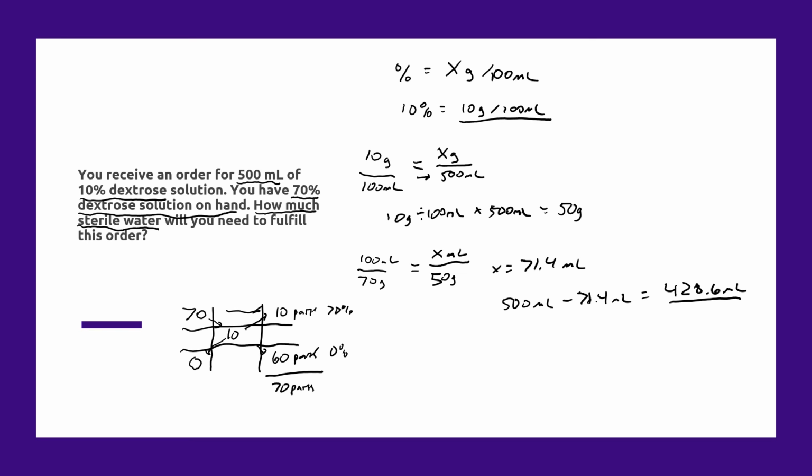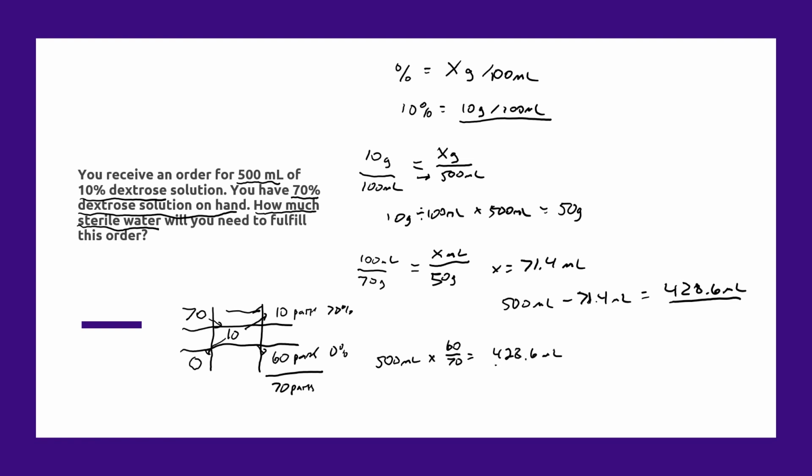And now that we have that information, we can solve for our answer by simply saying, if we have 500 milliliters of total solution and 60 out of 70 of those parts is going to be 0% or sterile water, we just multiply it by that ratio times 60 over 70 equals. And hopefully we get the same answer we got in our longhand explanation. So 500 times 60 divided by 70 equals 428.6